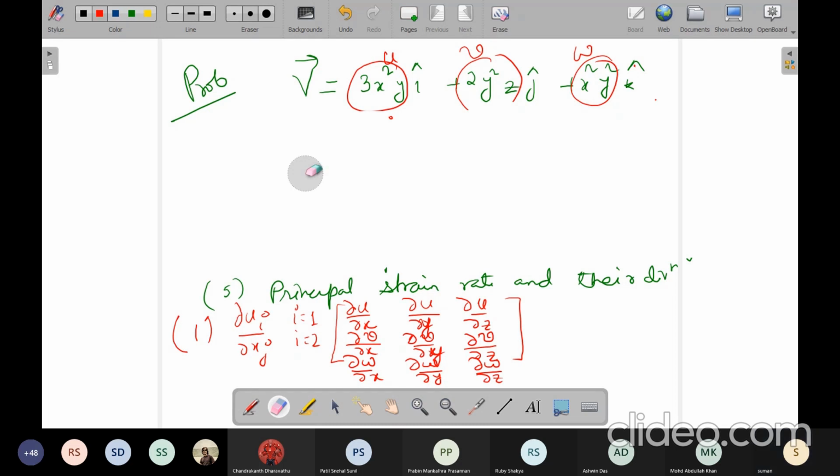So first of all, what is considered to be a principal one, or in any concept in, say, deformation, stress or strain, what is principal stress or principal strain? So to understand that, we have to relate it with the mathematical concept of eigenvalue and eigenvector.